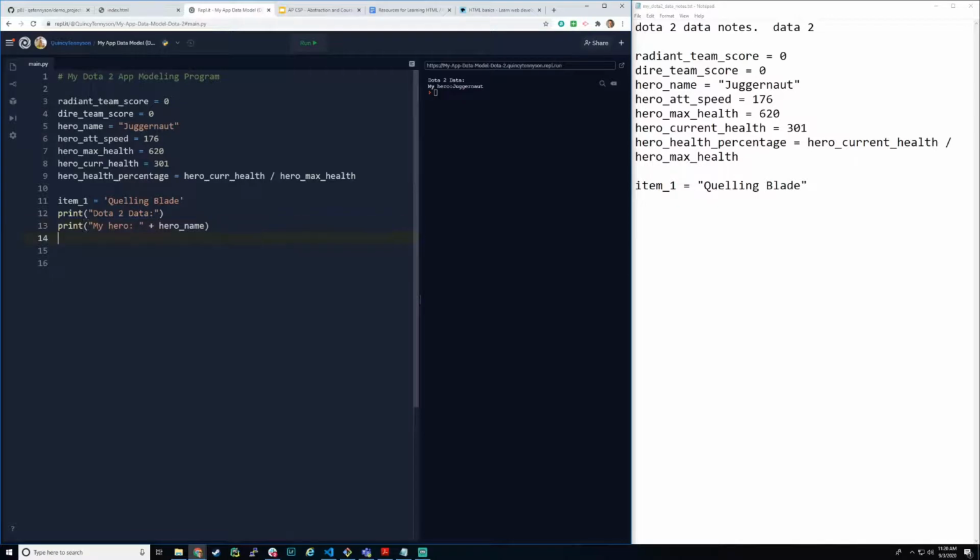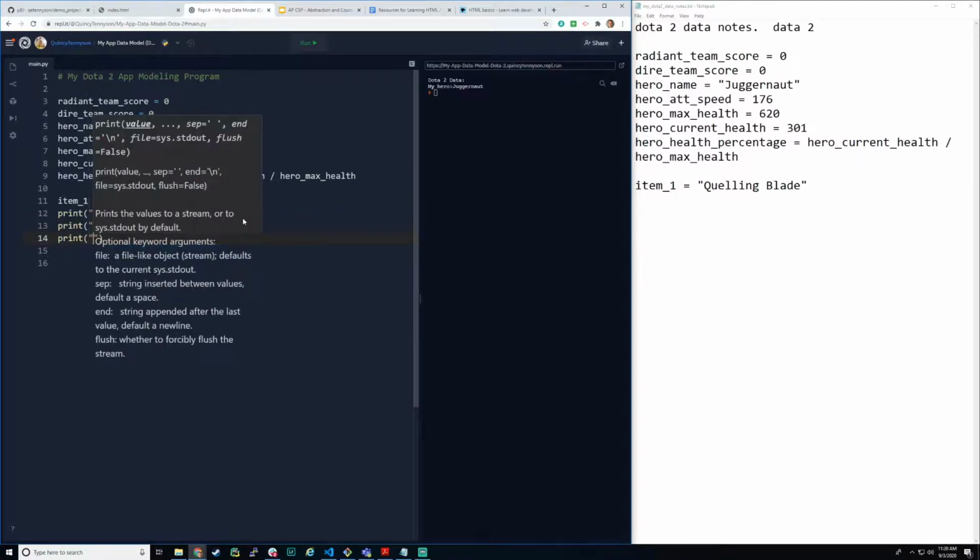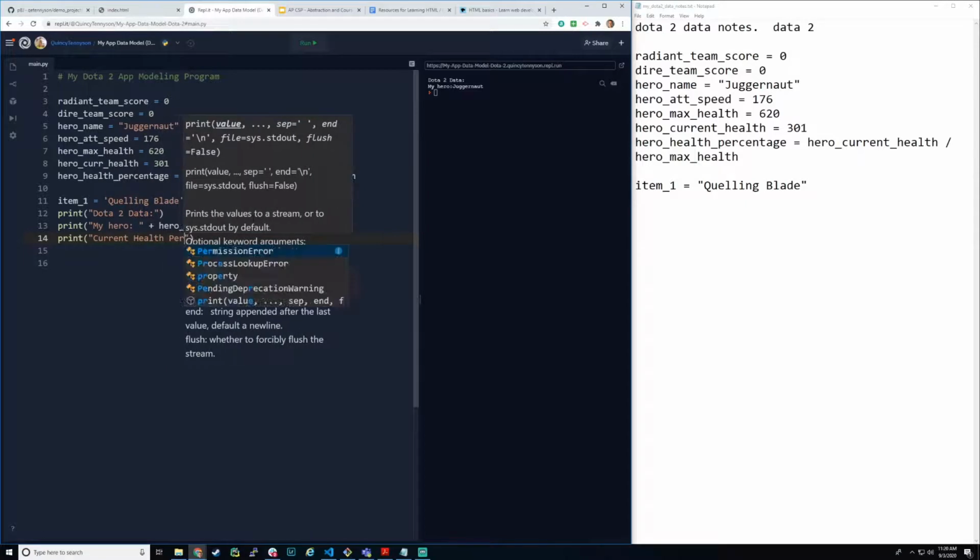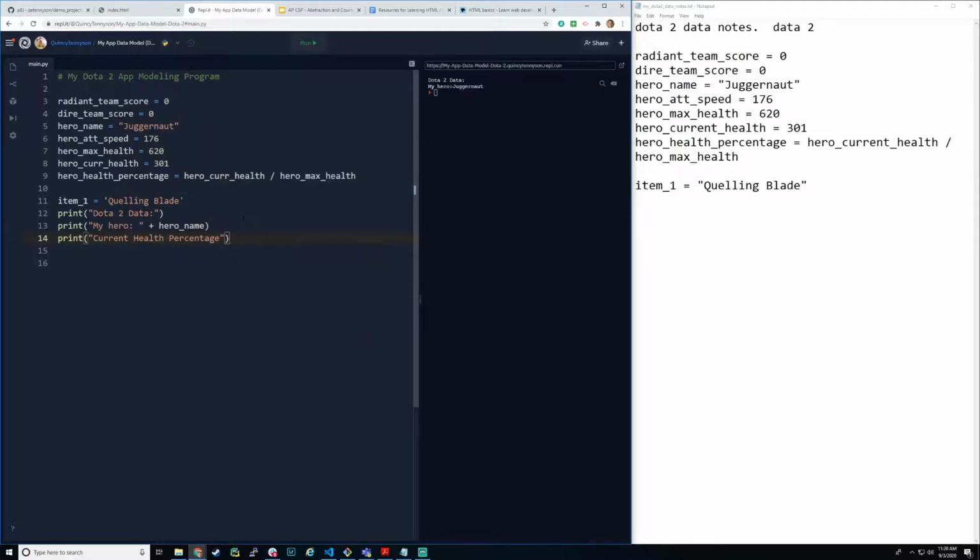Okay, and then I'll say something like current health percentage. And then I'll say plus concatenation, right? Need a little colon there to make it look right. I'll do hero health percentage. Now when I run this code, I'm actually going to get an error